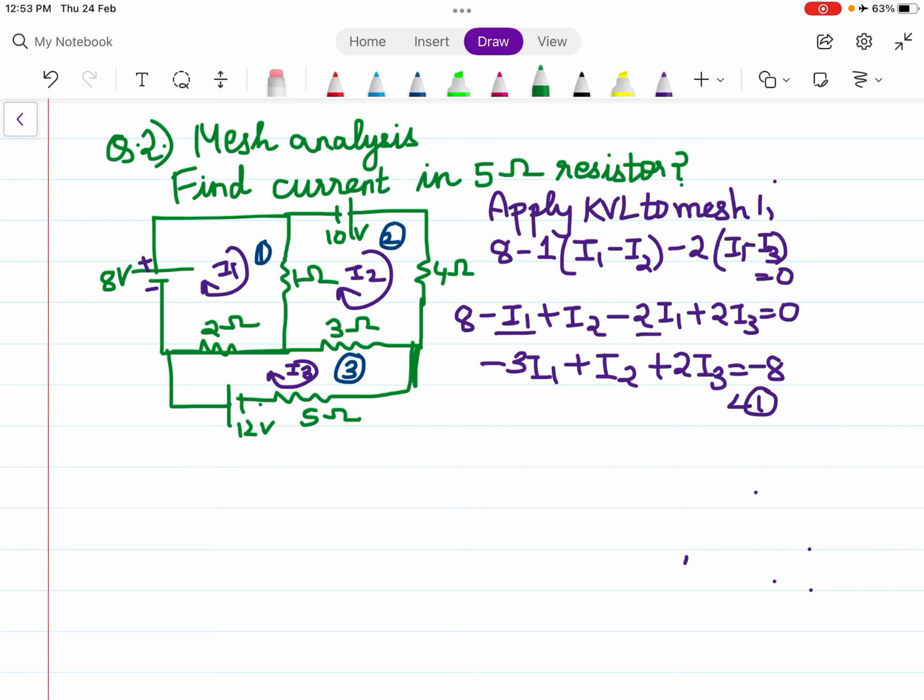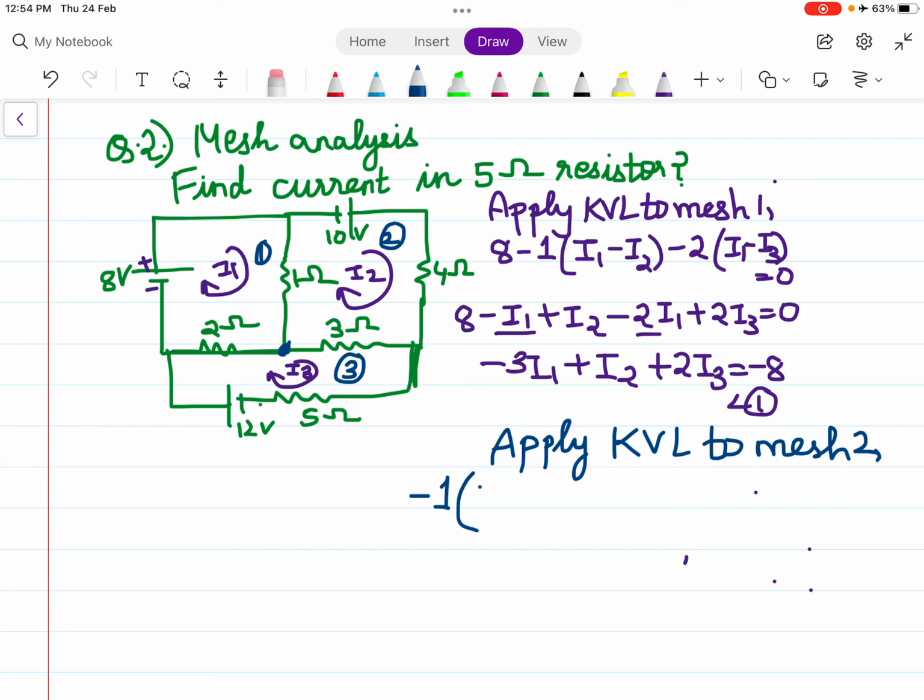Then I say apply KVL to mesh number 2. When I apply KVL to mesh number 2, starting from this point, I am saying minus 1 because it is always considered as voltage drop applied on mesh number 2. So I2 will be greater than I1. So I say I2